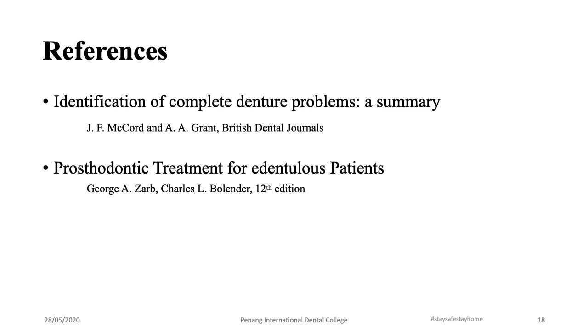References, what I have used for these is identification of complete denture problems, a summary, which is from the British Dental Journals, which I have also shared on Google Drive for you guys. And also you have the Boucher's, which is a textbook for prosthodontics, completely edentulous patients. These are the two references I've used to create this lecture. You can go through both these, and also you can go through the laboratory procedures in Boucher's, which is very well explained when you are doing the